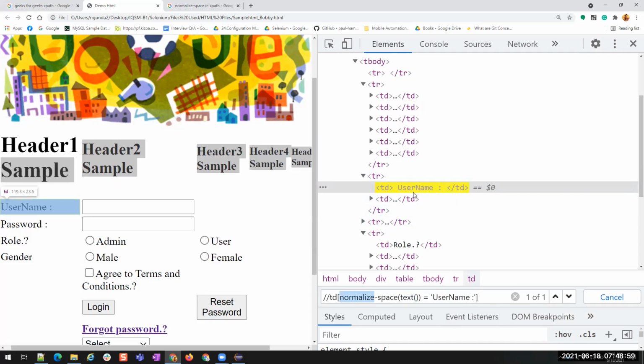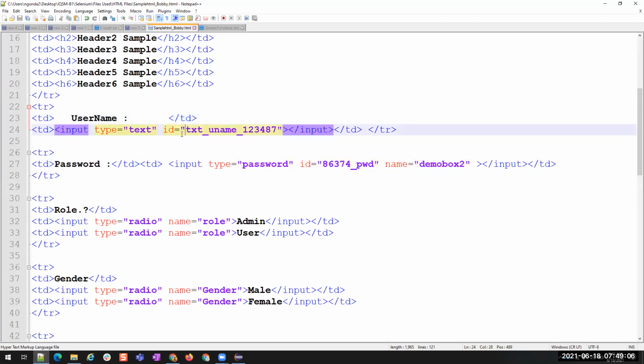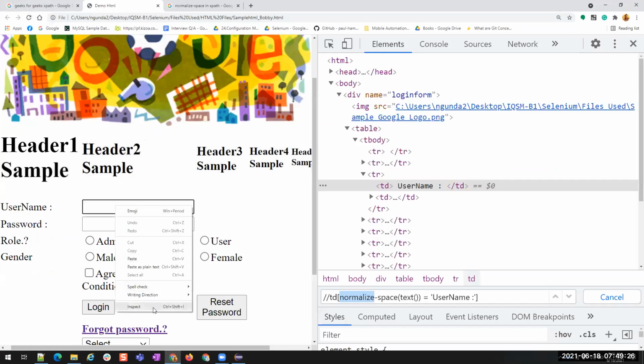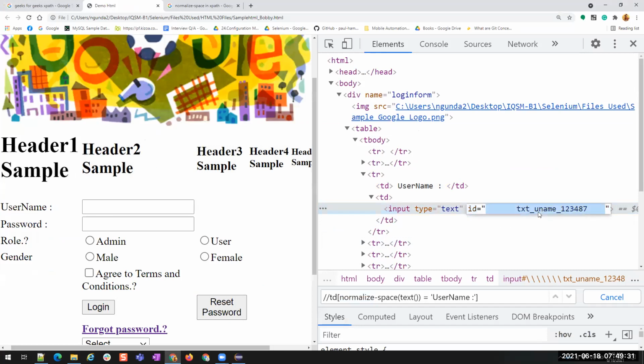Now this is for the normal text. But suppose I have the same for any of the attributes, for example, I will use this ID. I'm going to have some extra spaces here, by mistake or intentionally added to this attribute. You see there are some extra spaces here and here, right? Go refresh. Now let's find this element using its ID.